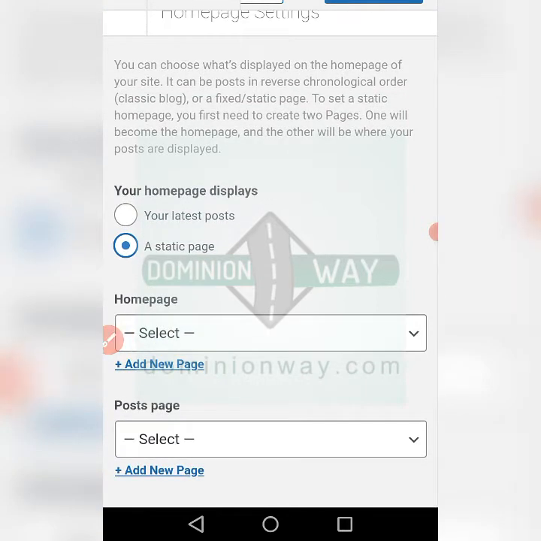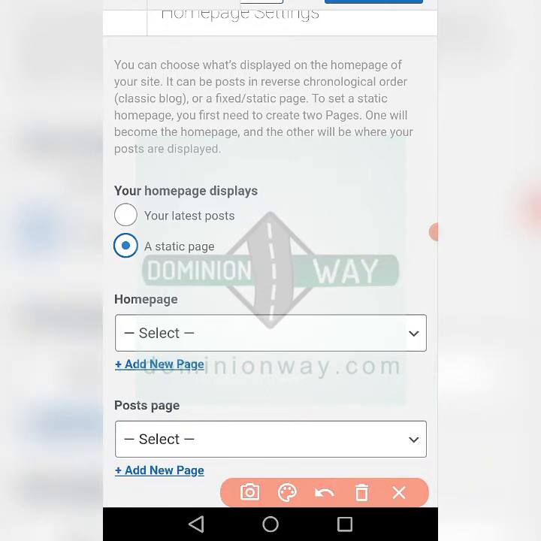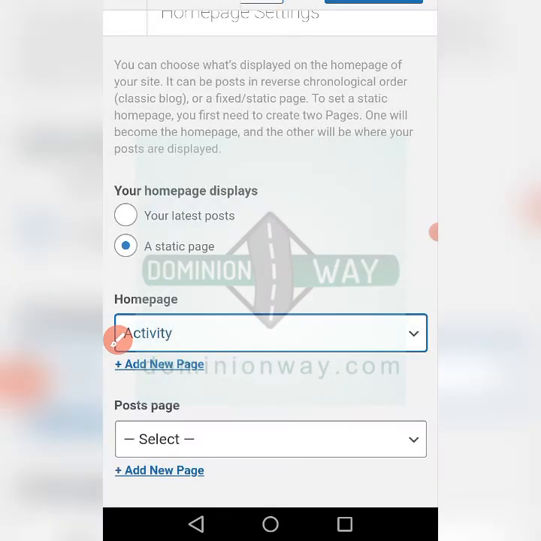Now once you click on a static page, you can see we are shown two different dialog boxes. So you are asked to select the page you want to use as your home page, and also to select the page you want to use as your posts page. So just click on the select of the home page, then choose activity, and for the posts page